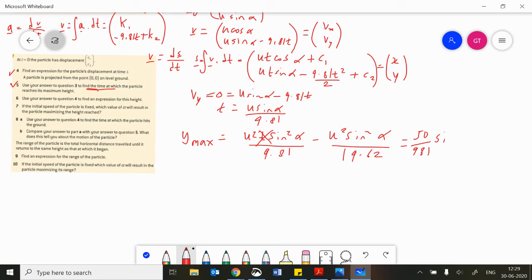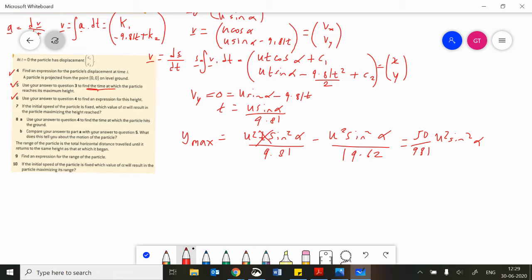Am I forgetting? I'm forgetting my u again. Sine squared of alpha at the end. Okay, so there's our expression. We can simplify that one finally as well. Okay, that is done. Question 7 says if the initial speed of the particle is fixed,